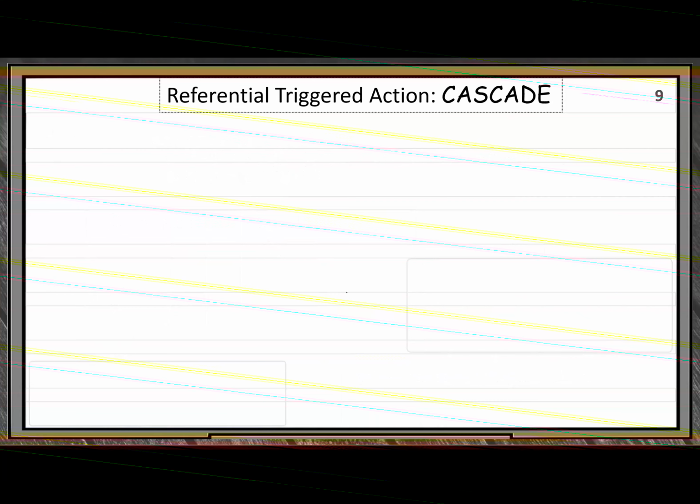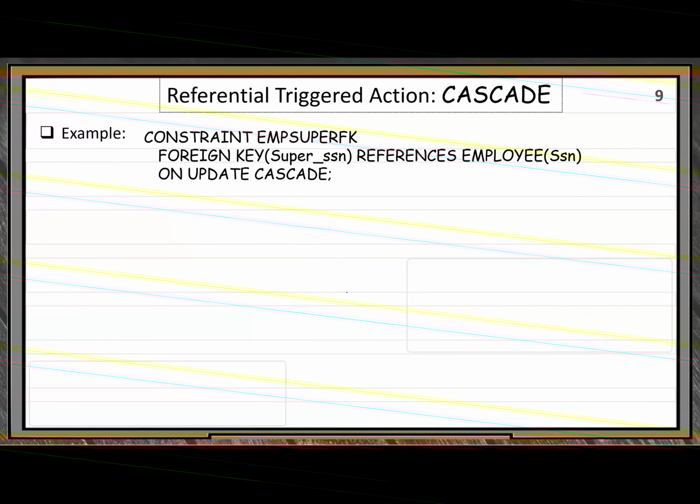Then another example, the cascade action. This time we want to update the value. Here is the circular reference, supervisor. This time, on update. What's the meaning of on update? Because when you do the update, you should update the primary key, right? So you update the primary key. All right. When you update